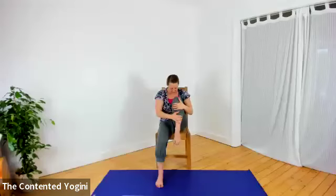But we breathe in to begin, arms around the body, looking up, breathing out, drawing the palms down to the center of the chest. As you breathe in, lift your right leg, press into the left leg, open the arms up to the ceiling. As you breathe out, hug that knee towards you. As you breathe in, lengthen your right leg, lift the arms up. As you breathe out,